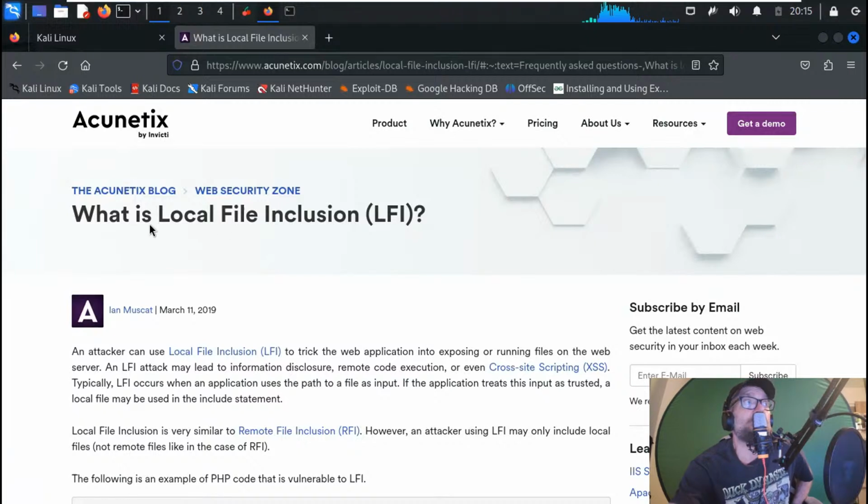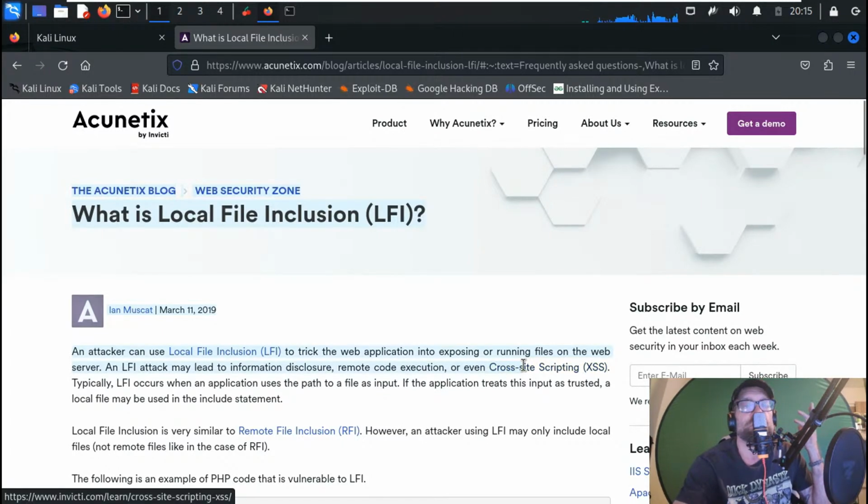Okay, so what is local file inclusion? An attacker can use local file inclusion, LFI, to trick the web application into exposing or running files on the web server. An LFI attack may lead to information disclosure, remote execution, which is what we did, or even cross-site scripting. We'll be able to go into more detail on other CTFs and deep dives. Typically, LFI occurs when an application uses the path to a file,